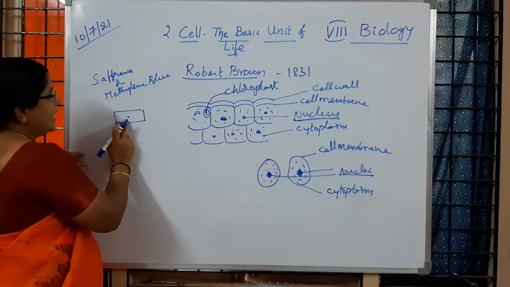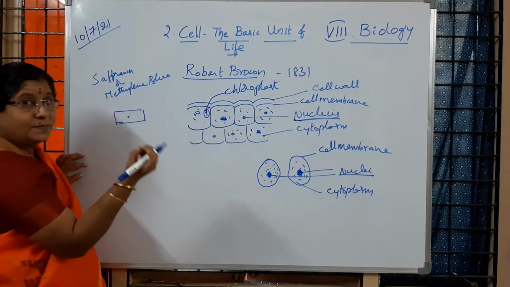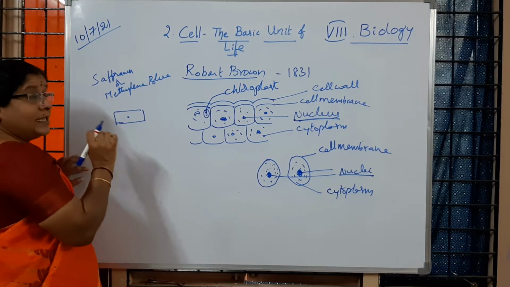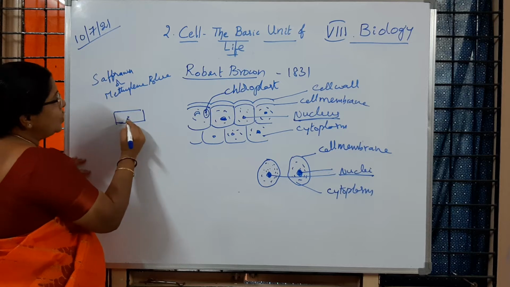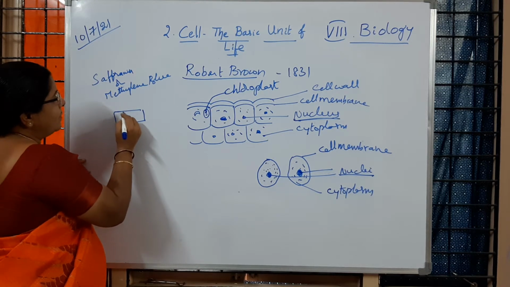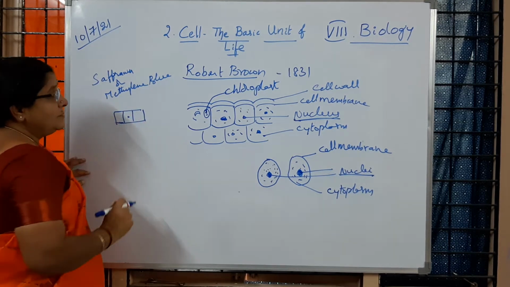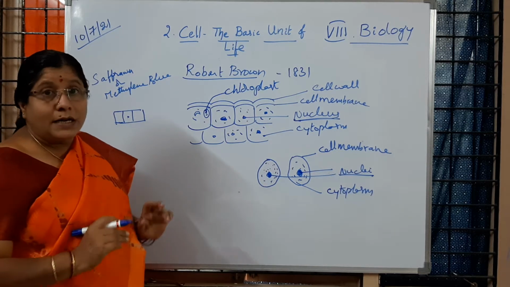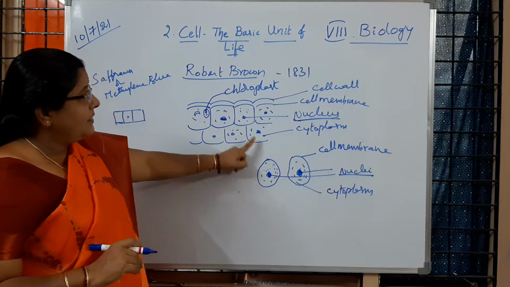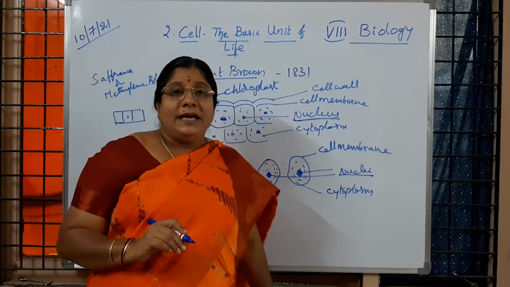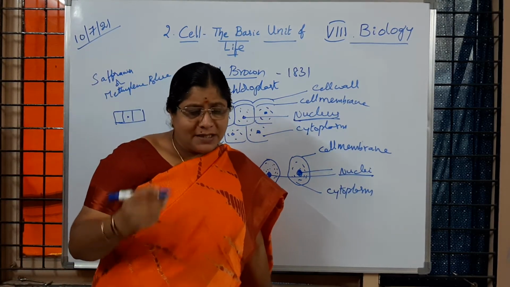When they are added, whatever structure you have to observe under the microscope can be seen very clearly. So we put this safranin or methylene blue and a drop of water, and we cover it with a cover slip, and when it is observed under the microscope, prominent structures are seen. They are nothing but nucleus. So the nucleus is observed.